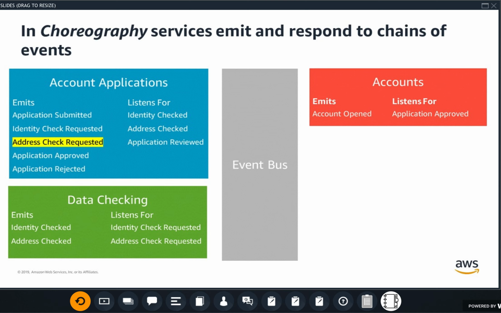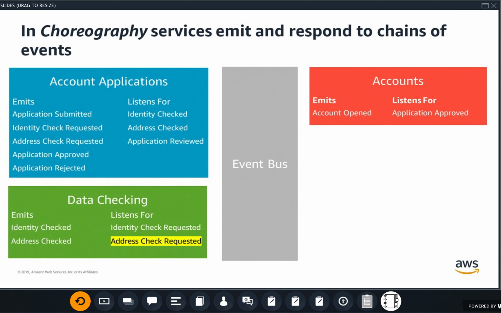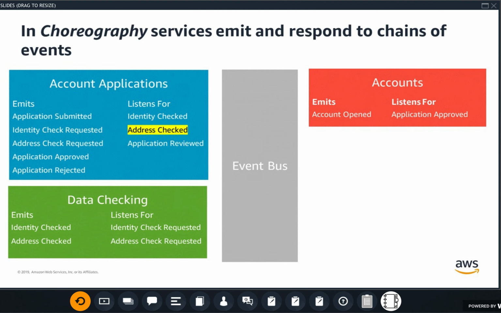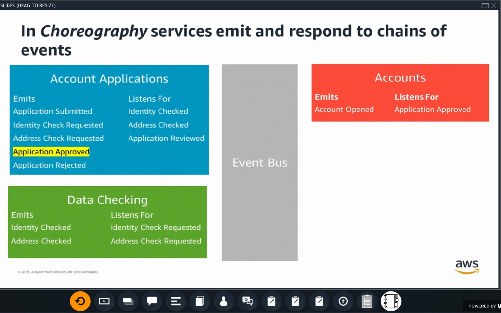Of course, the same flow would happen. The data checking service hears that an address check is requested. It's going to perform that address check and emit the results back with an address checked event. The account application service is interested in that. So now it knows that the identity was checked and the address was checked. Then it